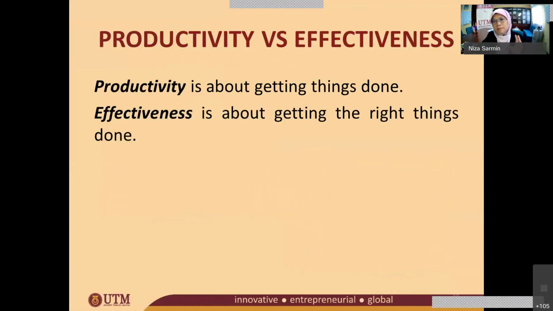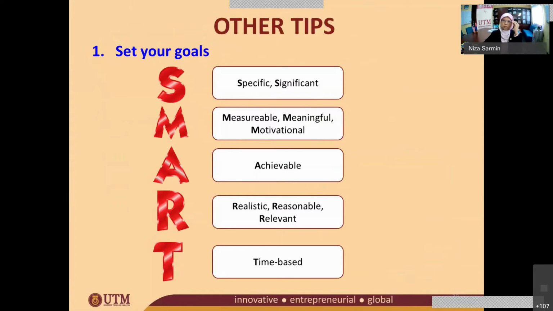So I just share the 7 habits of effective people. It has something to do with also productivity. Productivity is about getting things done and do it effectively. Okay, getting the right things done. All right. So other tips of productivity would be to set your goals and do it SMART: specific, significant,